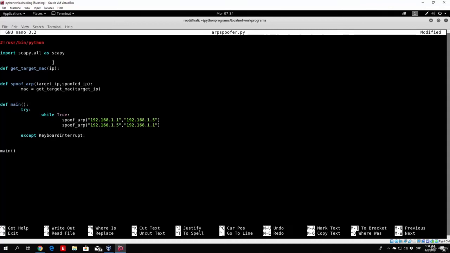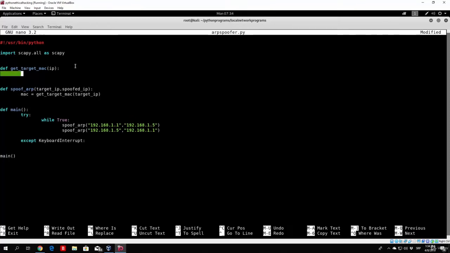Since we specified right here that we want to select an input of the actual IP of our target, all we need to do right now is specify the same process that we did in the previous video, which will get us the MAC address of the actual target. So we can select the ARP request, for example, since we are sending the request